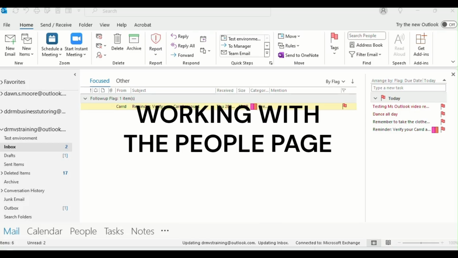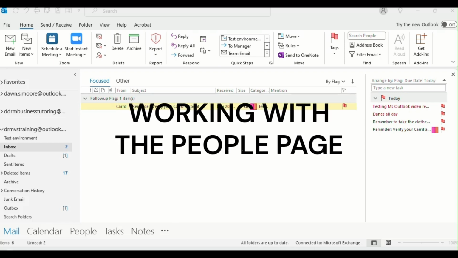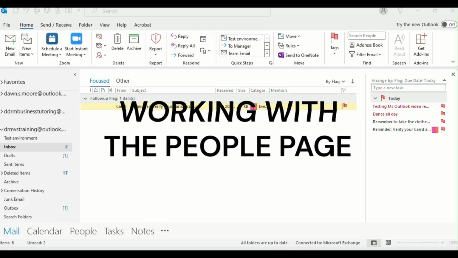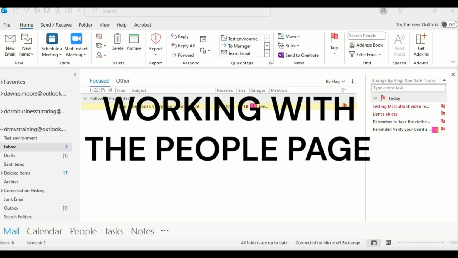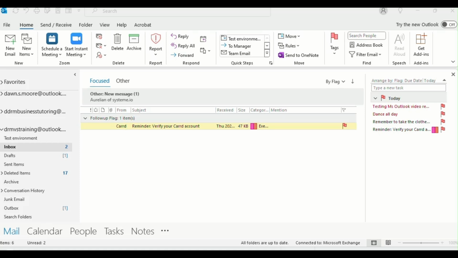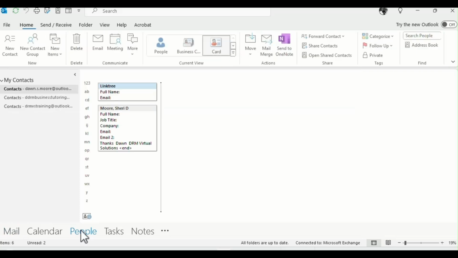Let's look at the People page. I'm going to show you how to create a contact manually, how to import contacts, select email addresses to create contacts, and create a contact group from the home ribbon. So go to your navigation pane if that is horizontal, or if it's vertical, find People, double click to open it,